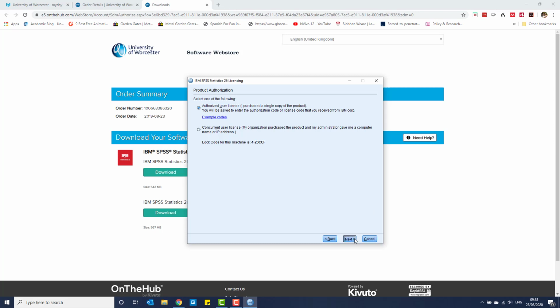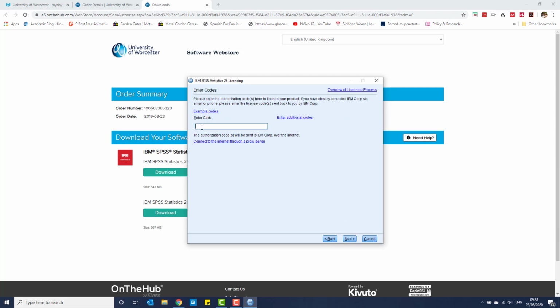Now you click Next. Now this is where you would enter your license code. So we copied it earlier, so you can just paste it in. Now I'm not going to click Next because this is an old license code, so it won't work. But what you would need to do is click Next. And then you'll get a text box appear, and if it's licensed, some of the text will be green. It will tell you that the license has been recognized, and then you can click Finish,